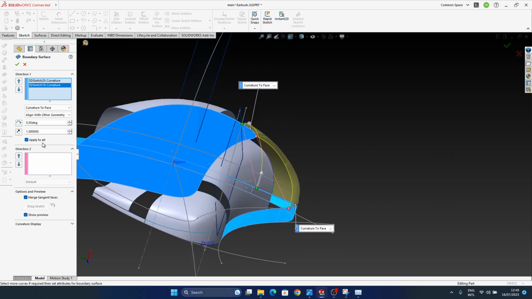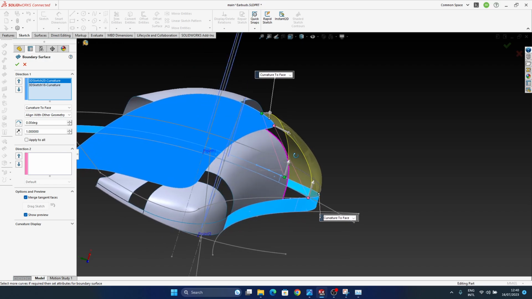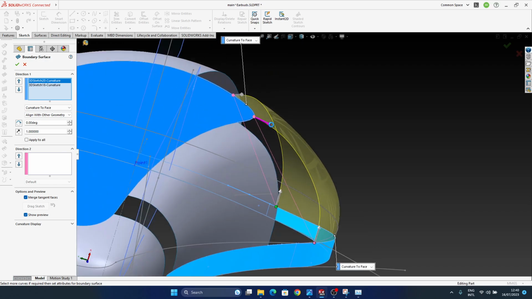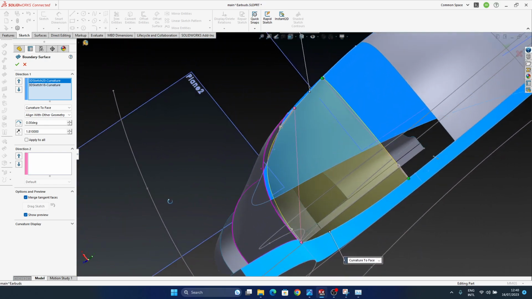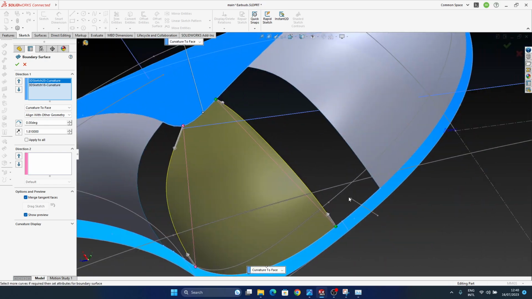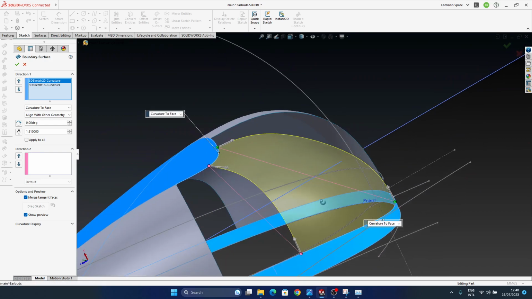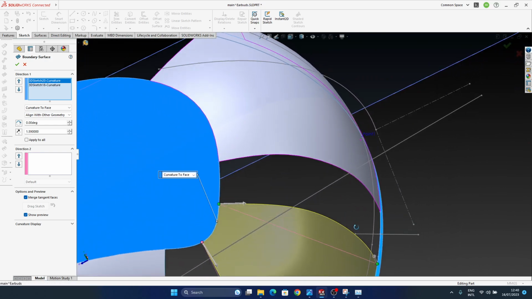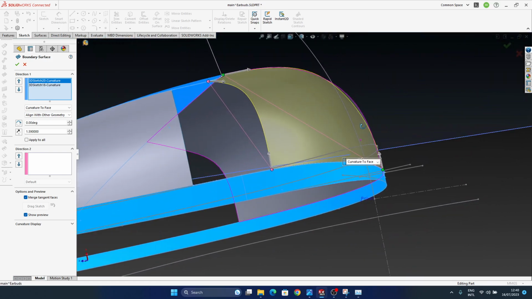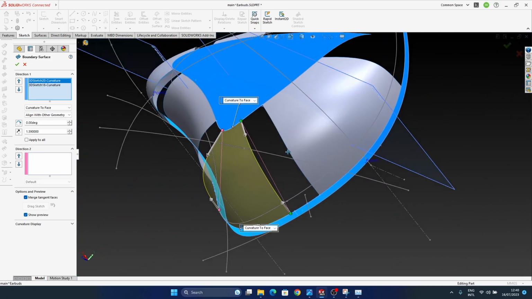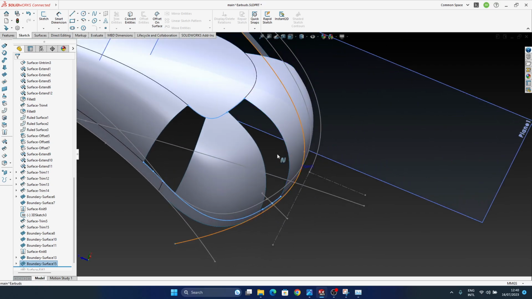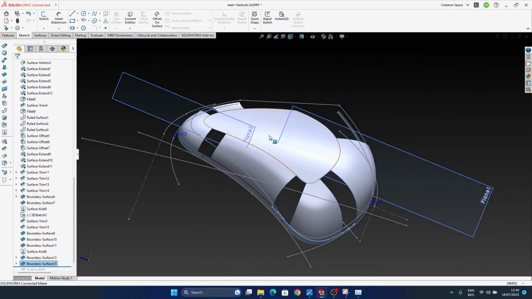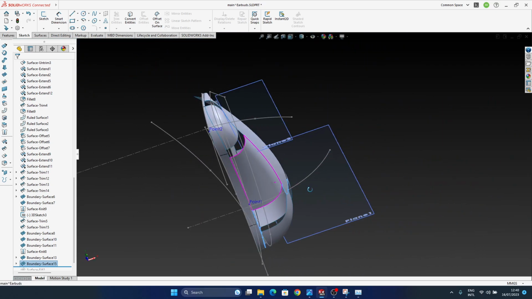Okay, and now I will not want to apply to all the edges the same curvature value. Something like that. Okay, so now it's done